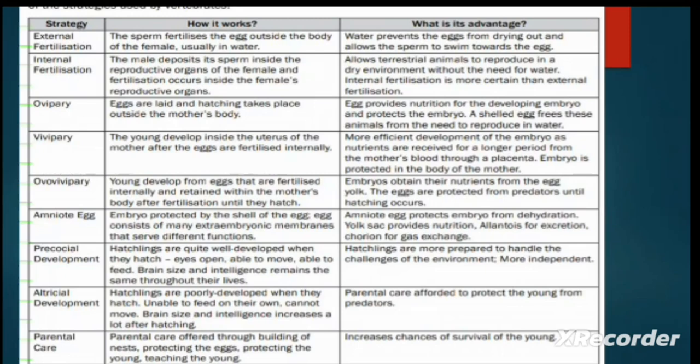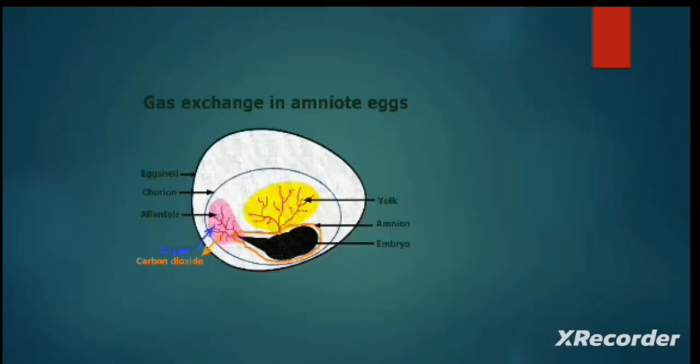The advantage of this egg is that the amniotic egg protects the embryo from dehydration. The yolk sac provides nutrition, the allantois is for excretion, and the chorion is for gas exchange. So let's look at the amniotic egg. They have given you the function of the yolk, the function of the allantois, and the function of the chorion. So you might be given a structure of the amniotic egg, or amniote egg, and they might ask you to label it and give functions. So those are the important functions